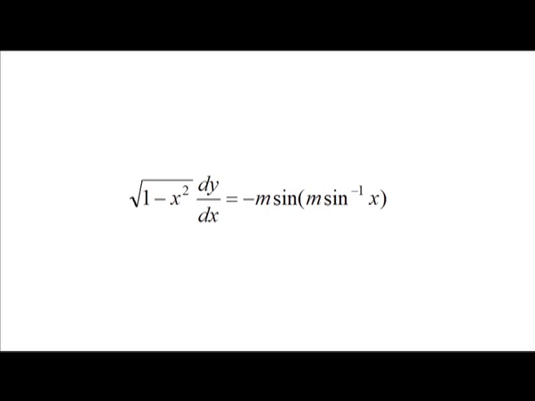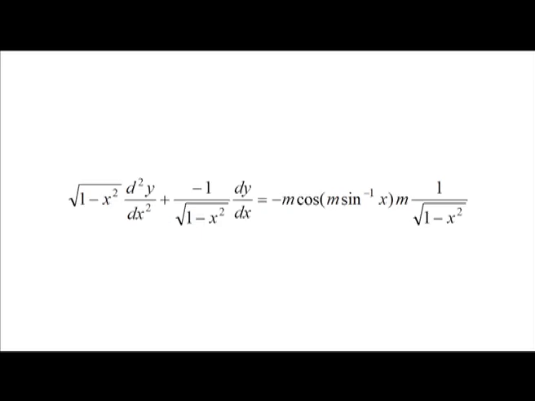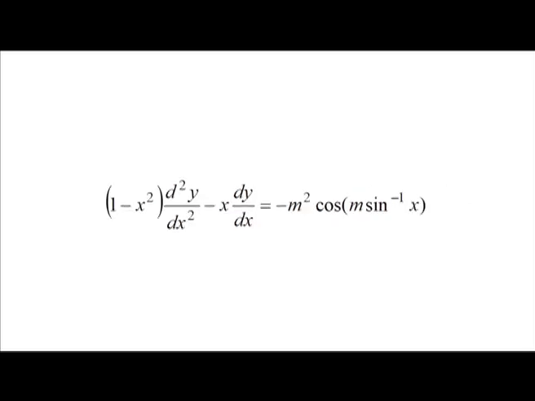Differentiating both sides again with respect to x, we get √(1 − x²) d²y/dx² plus (−1/√(1 − x²)) dy/dx equals −m cos(m sin⁻¹ x) into m into 1/√(1 − x²). Multiplying throughout by √(1 − x²), we get